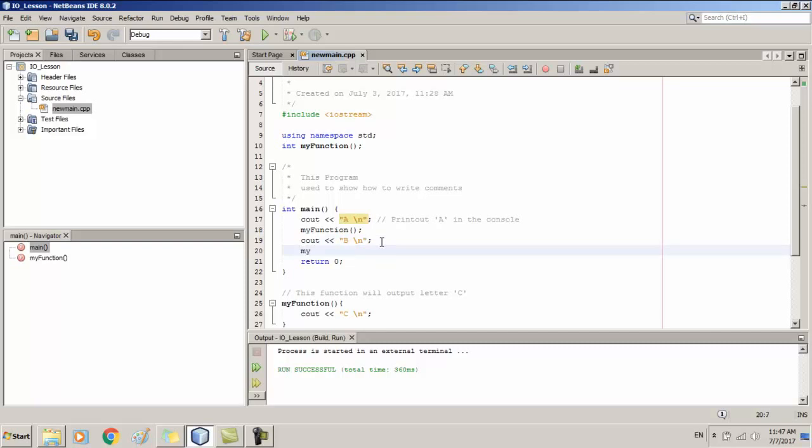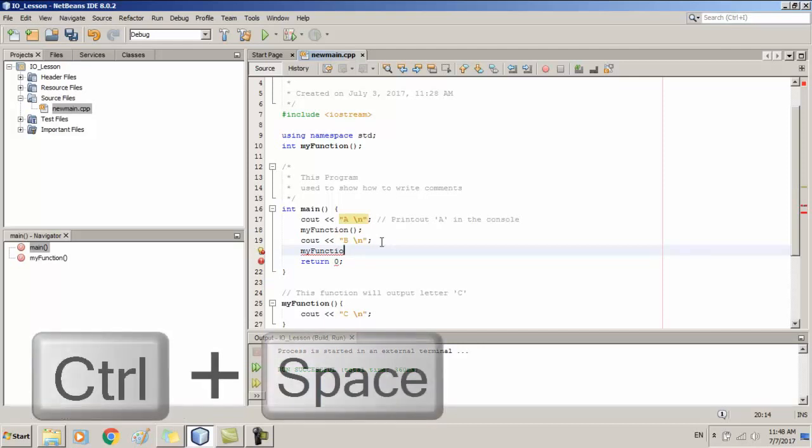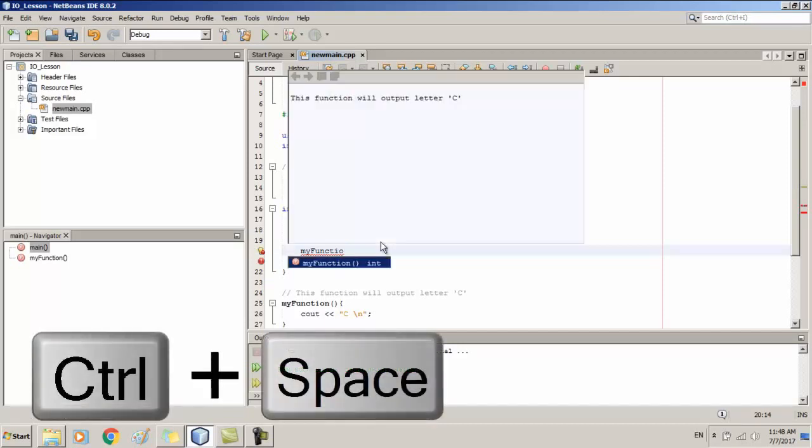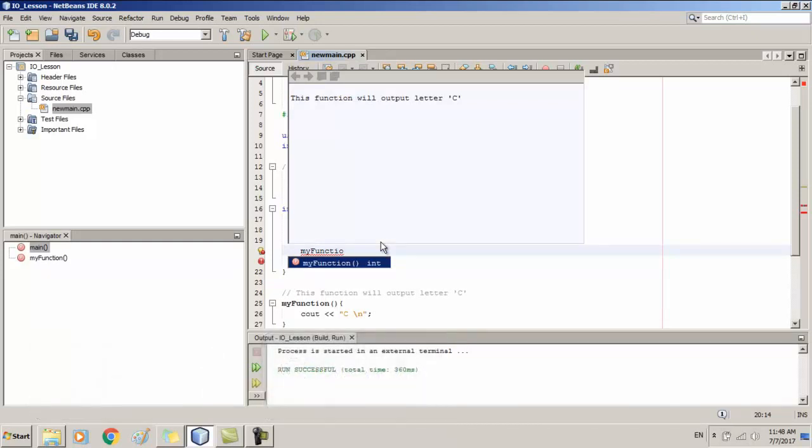Now I'm going to call this my function again under the cout of the letter B. When I'm typing my function, I want a quick suggestion from the NetBeans IDE. In the NetBeans IDE, by pressing Control with the space key, you can see the quick suggestions given by the NetBeans IDE for what you are going to type. Here it gives the quick suggestion of my function and it shows you the comment that I had written about the my function, just about the my function.